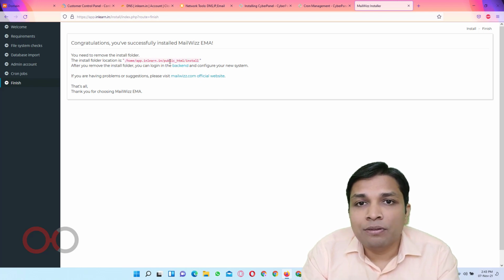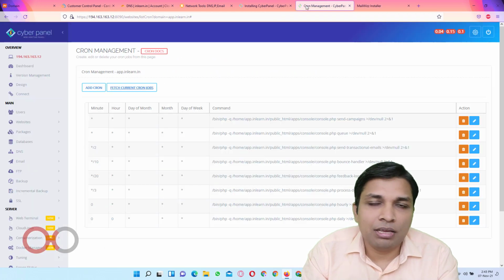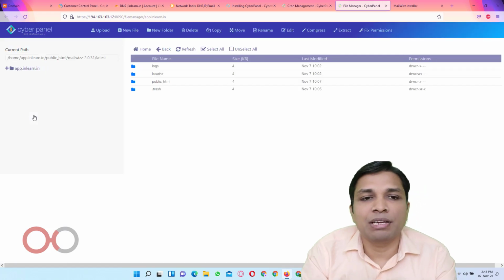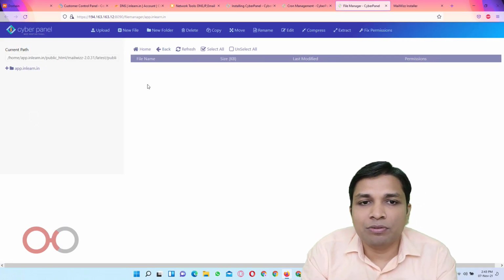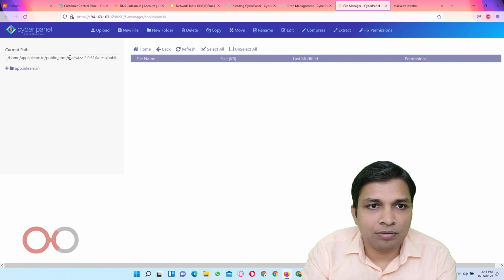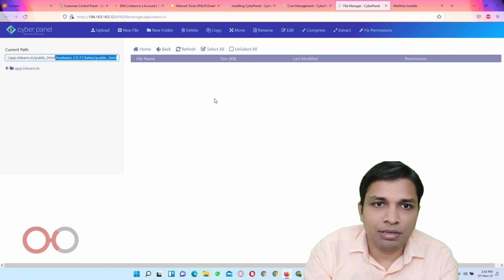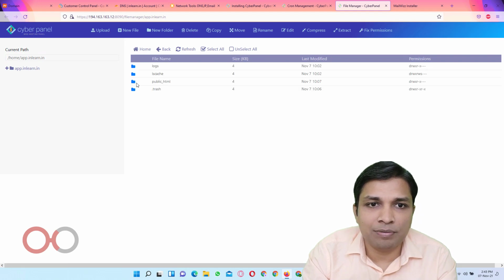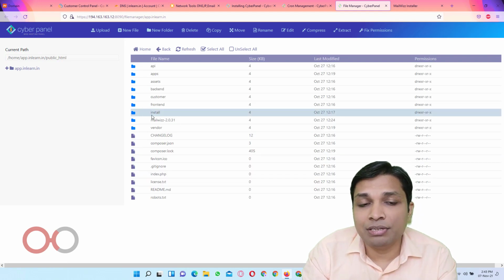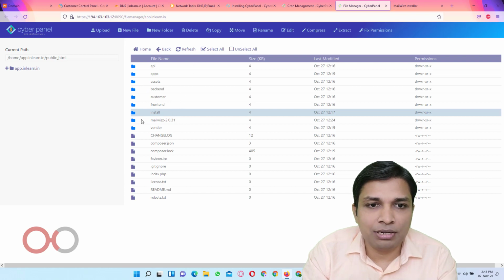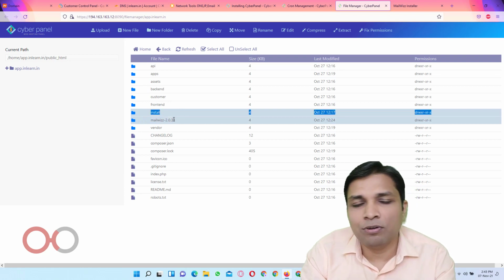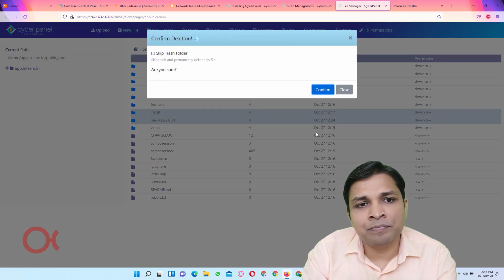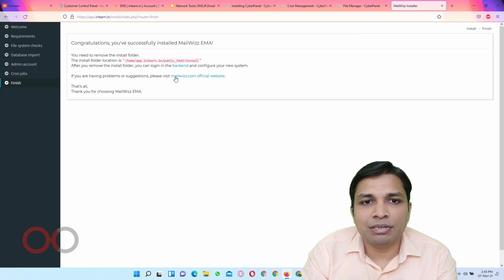So okay, I close the file manager. I think yeah, it's here. Go to public_html. Okay, go to home first, and then go to public_html, and now you have to delete this install folder. You can also delete this Mailwizz folder, since we have already installed Mailwizz, that's not required. Delete both of them, and next go to backend,